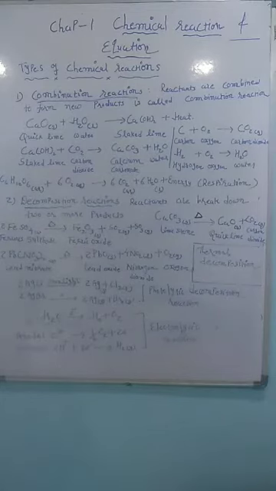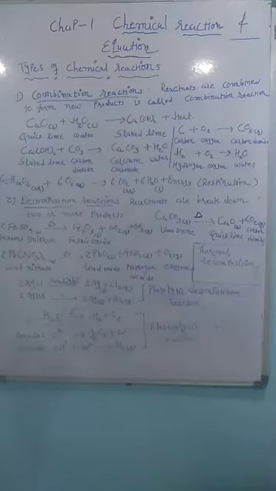Whenever you visit a chemistry lab, you find some compounds kept in dark bottles. Why are they kept in the dark? Because those compounds are very sensitive towards light. Two main compounds are silver chloride and silver bromide, or silver nitrate. They are all kept in the dark because we want to stop the reaction. We want to avoid the reaction with sunlight.